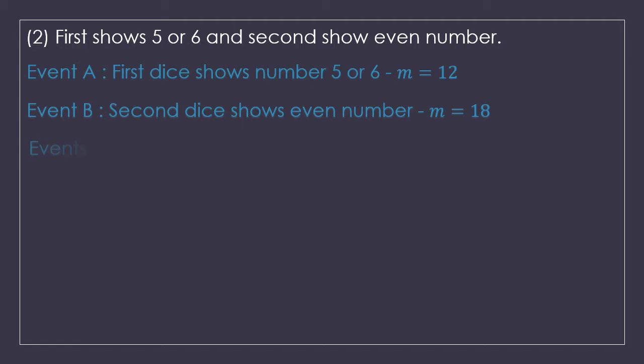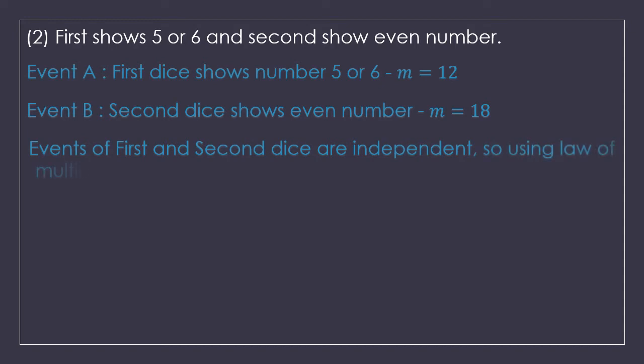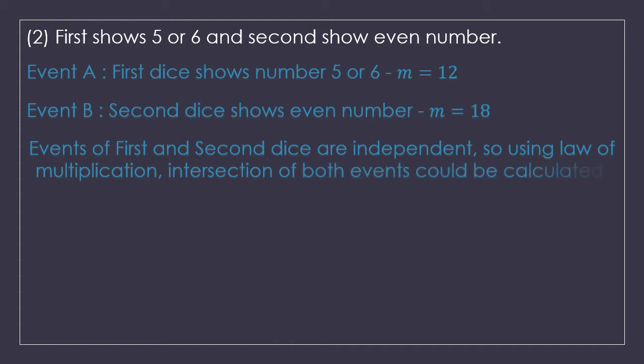Now you must remember that events of a first die and events of a second die are totally independent events because they don't depend on each other. It doesn't matter whatever number we got on the first die, when we throw the second die, it doesn't care about the first die at all because they are two different dice. So because event A and B are independent, we are going to use the law of multiplication for the intersection